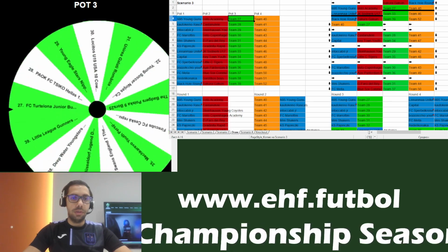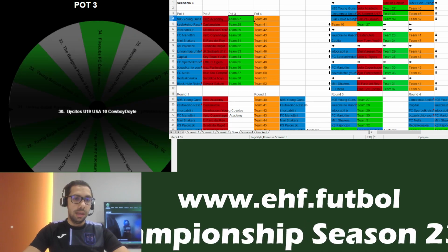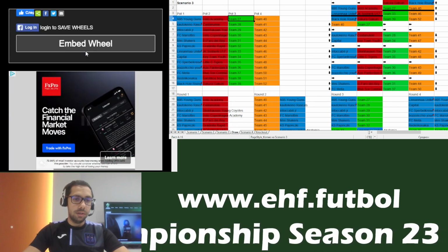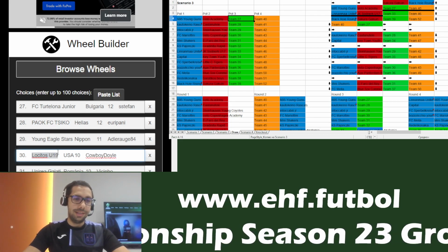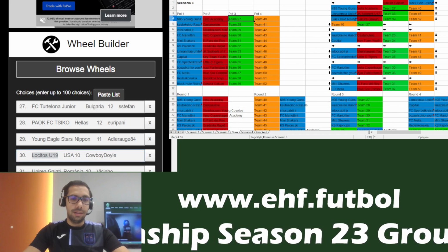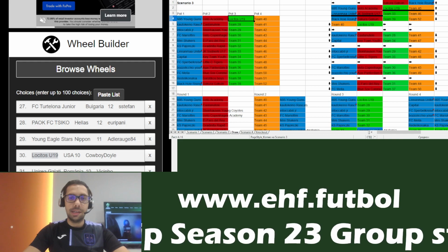Let's see the first drawn team from pot number 3, and it is Lositos under 19 from the US, managed by Cowboy Doyle, and they will be facing Sakura,